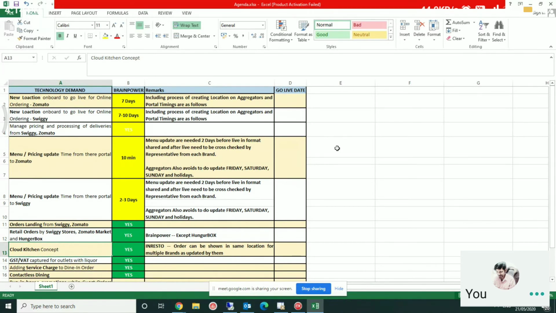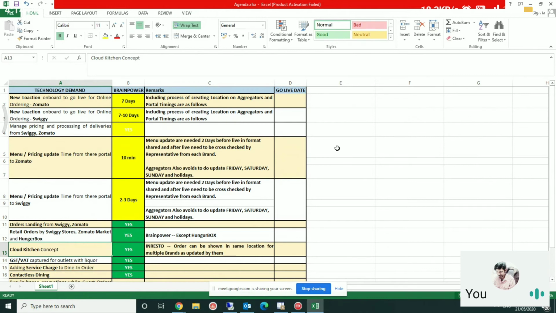Okay, so like Rollnall and Speedy Chow, how are you all using them? We have seen that in one single system we can configure and use multiple brands and multiple locations. Once you print the bill, the logo of that particular brand will come up. For example, if a bill contains Mamagoto products, it will print the Mamagoto bill. If it contains Speedy Chow's products, the Speedy Chow logo will come up, as we are mapping all products with the brand. Right. That feature we already have. Yes. We are using that feature.